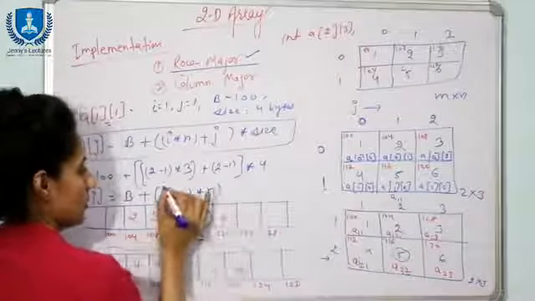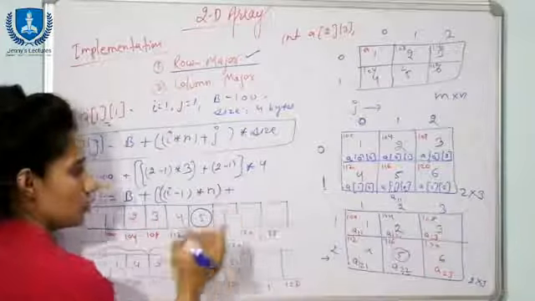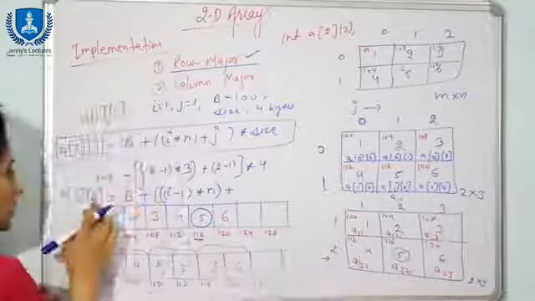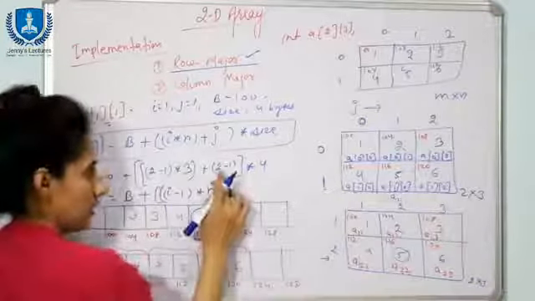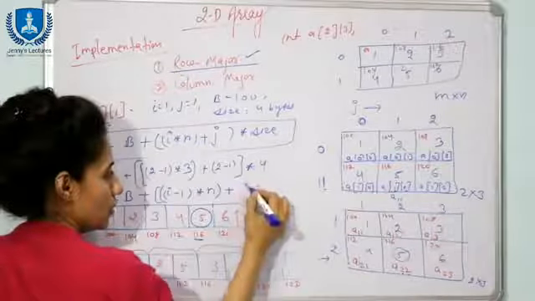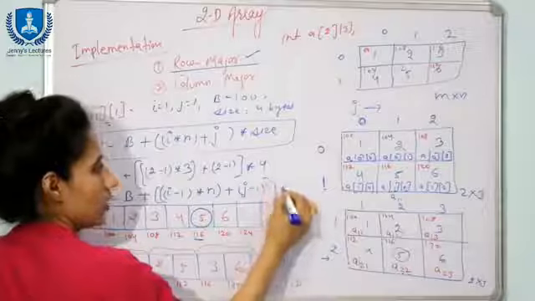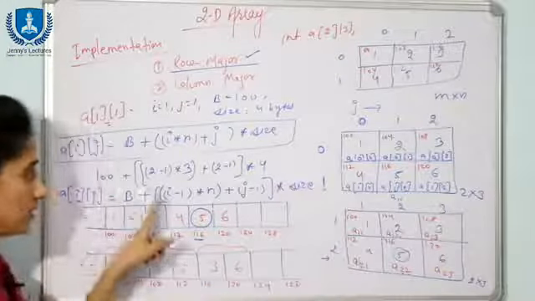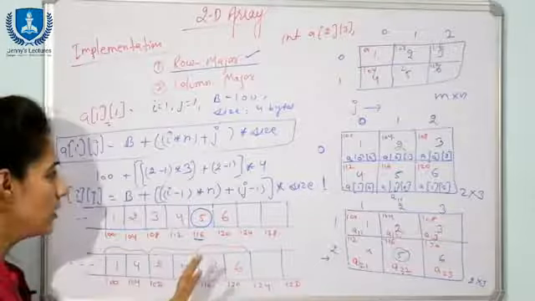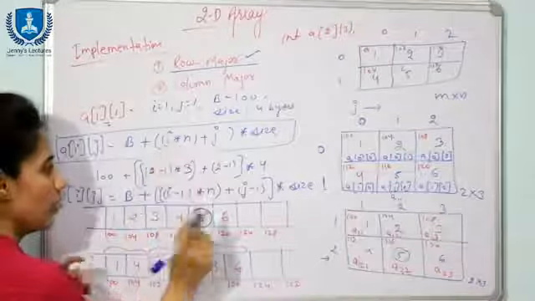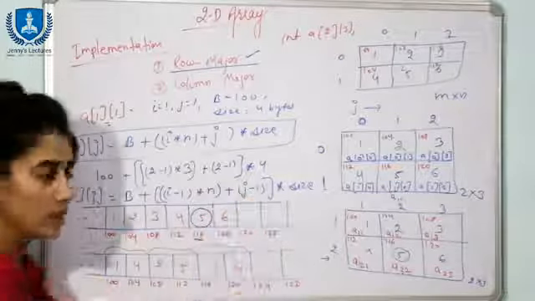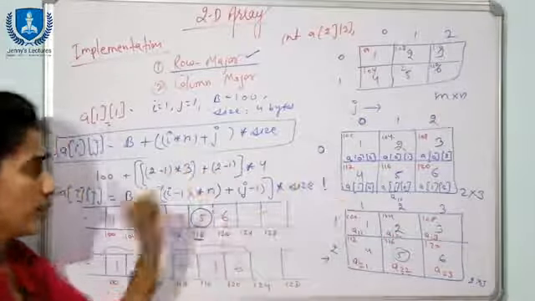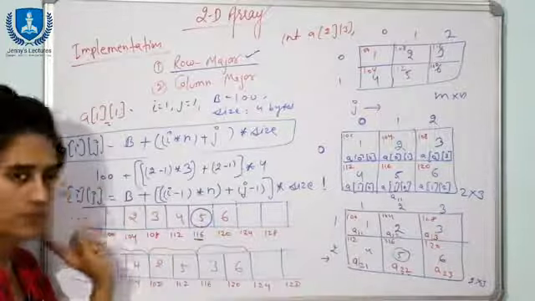Fine. Now plus what you will write here, the second index, that is j minus 1, because here I have written 2 minus 1. So j minus 1 into size. This is the general formula. Simply, what will you update? This I minus 1 and j minus 1, because the index started from 1 here. If it starts from 0, then simply you will write I and j. Everything else would be the same.